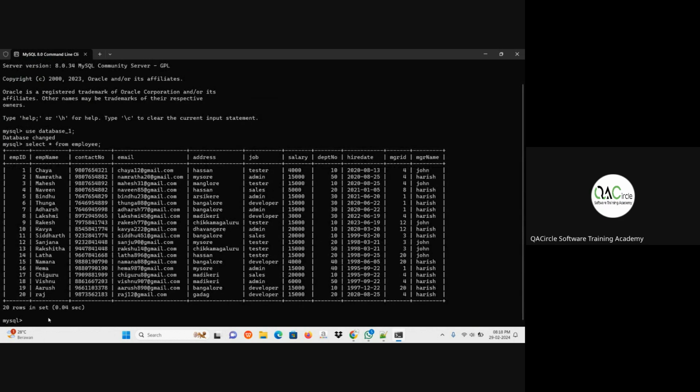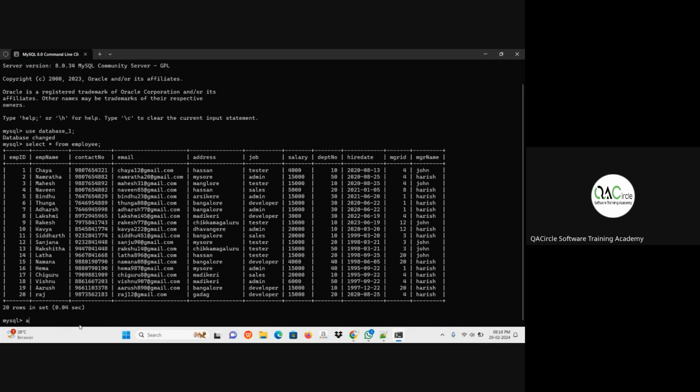Now I need to add a column to this table. I have employee ID, employee name, contact number, all these things in my table. Now I need to add a column to this table. For example, what can I add? Guys, any suggestion? Which column can I add? Experience, great.